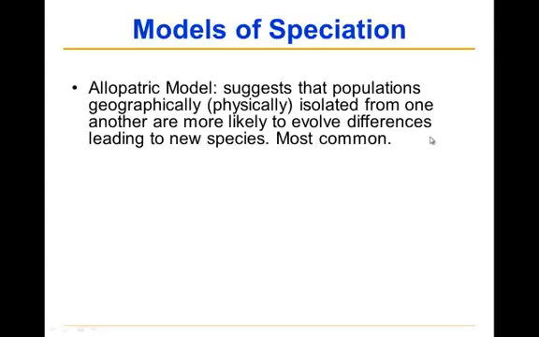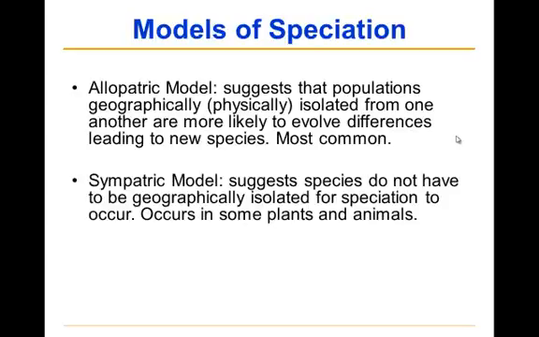This is most common. You recall in the 1-2 steps that I gave you that this stops gene flow and allows genetic differences to accumulate, allowing the two populations to genetically diverge. The second model is the sympatric model. And this suggests that species do not have to be geographically isolated for speciation to occur, that they can occur when their ranges overlap. And there's good evidence that this occurs quite frequently in plants, and even some animal species